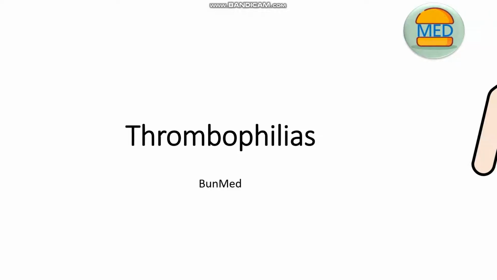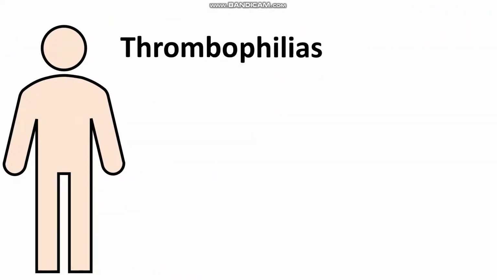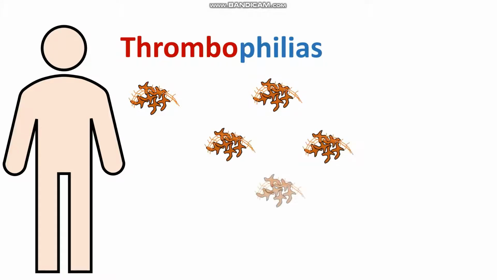So firstly, what is a thrombophilia? Well, thrombo refers to the formation of clots, and philia is a likeness towards or a tendency to. So in thrombophilias, we have formation of clots all over our body, or at least an increased risk of forming